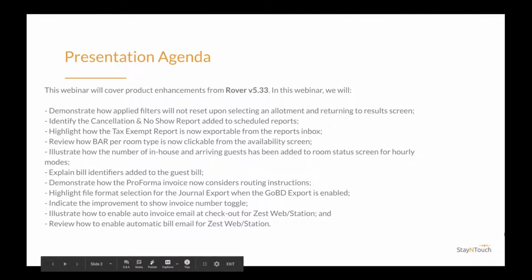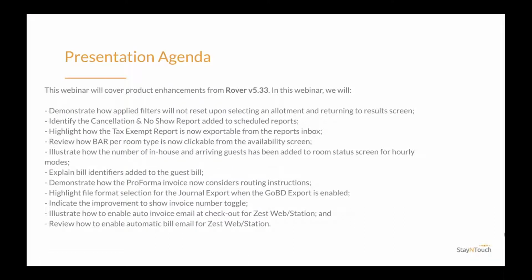In this webinar, we will demonstrate how applied filters will not reset upon selecting an allotment and returning to the results screen, identify the cancellation and no-show report added to scheduled reports, highlight how the tax-exempt report is now exportable from the reports inbox, review how bar per room type is now clickable from the availability screen, illustrate how the number of in-house and arriving guests has been added to the room status screen for hourly modes, explain bill identifiers added to the guest bill, demonstrate how the performant invoice now considers routing instructions,